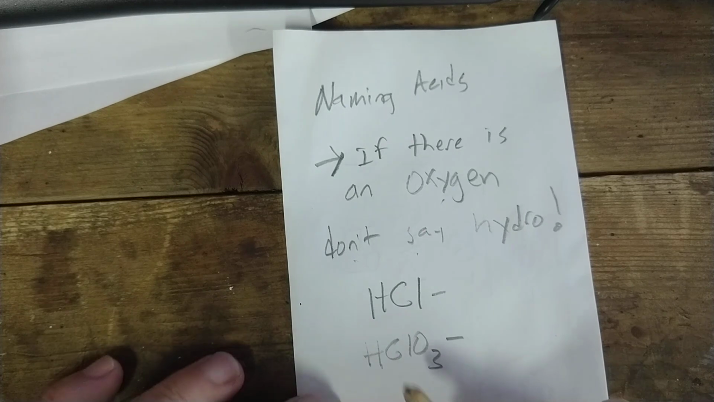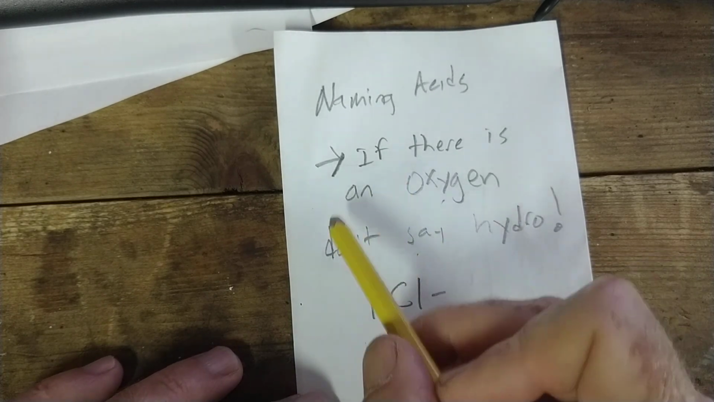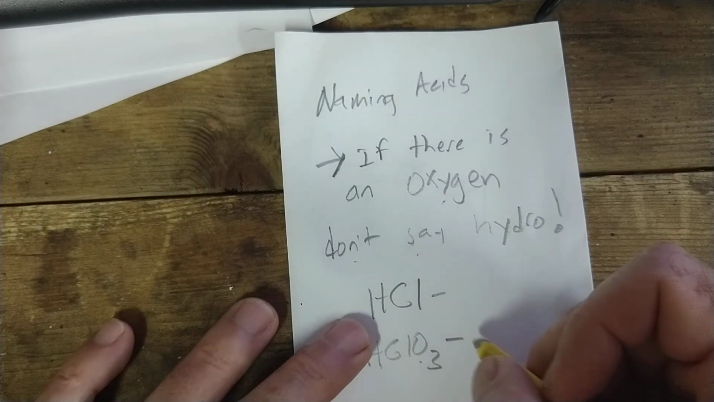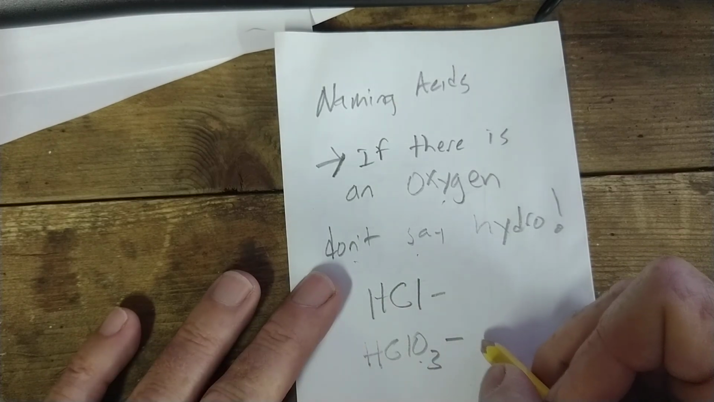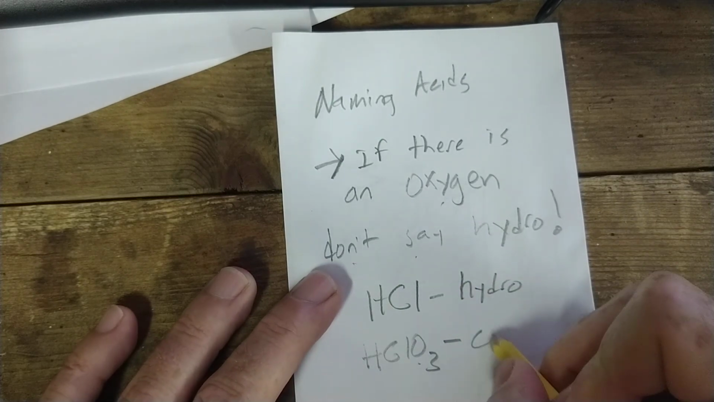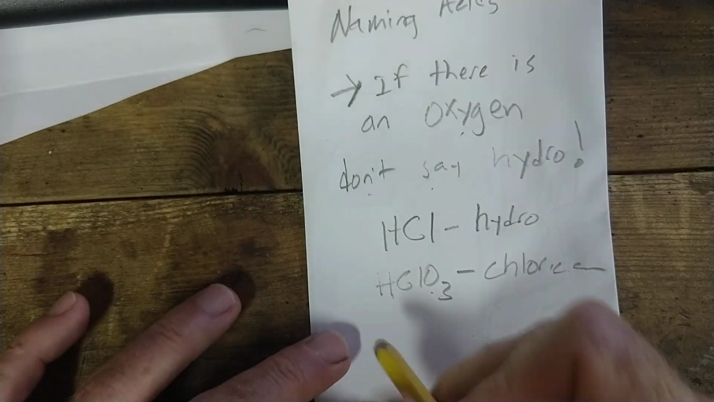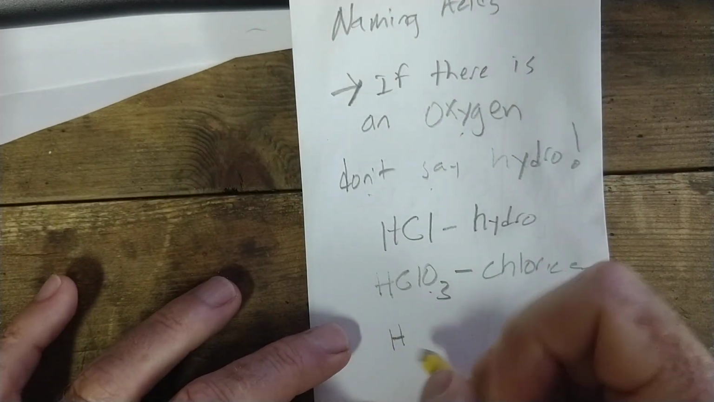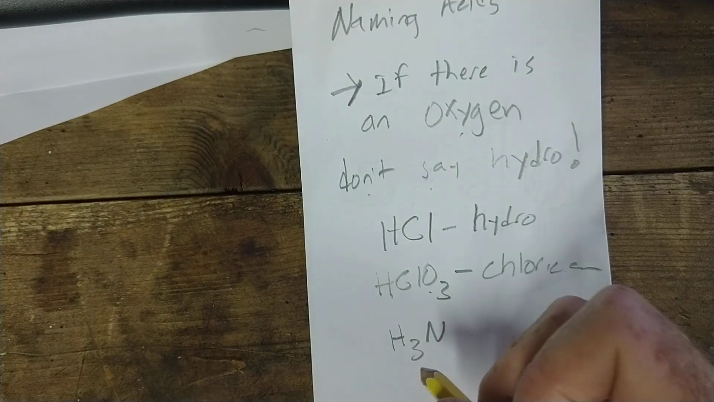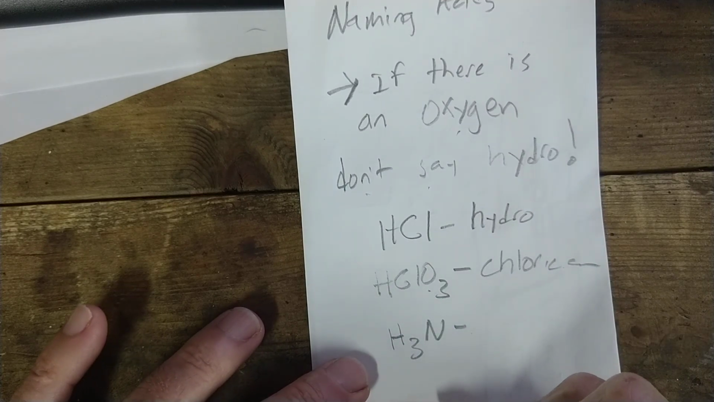Okay? Now let's look at HClO3, which is also an acid. You see there's an O, so you don't say hydro. That's just chloric acid. Okay? So this is hydrochloric acid, and this is just chloric acid. Okay? What about this next one? What about H3N? All right, H3N. Is there an O? No, so you say